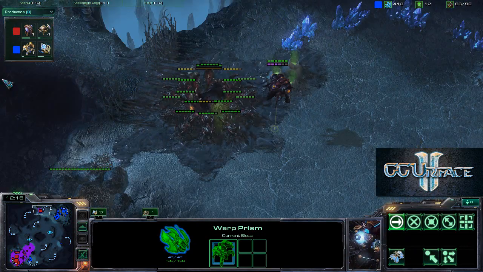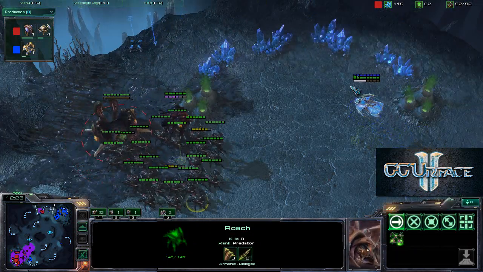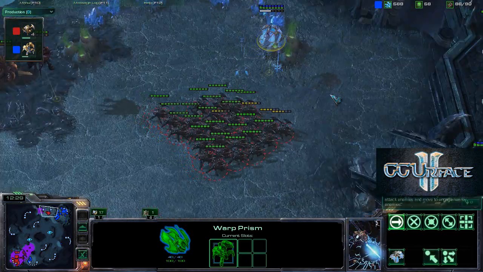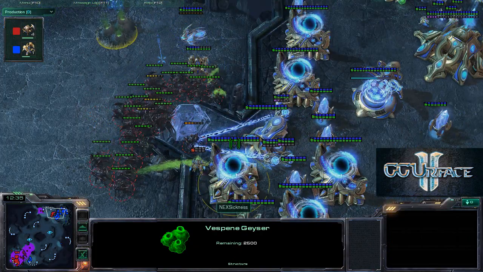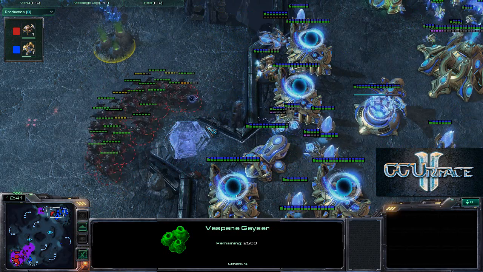He does have a Warp Prism, and the Warp Prism will not be able to get shot at by these roaches, because roaches can only hit ground, even though they do have missile attacks. And he's going to drop and pick off, and drop and pick off. Very good play here from NEXSickness, and he's at the ramp, and he does force field the ramp. He does have, looks like, 3 sentries,